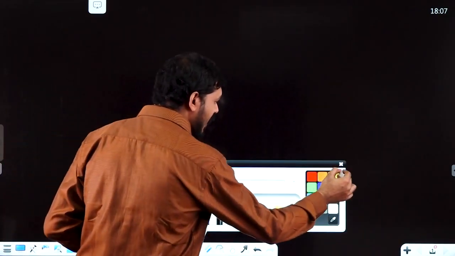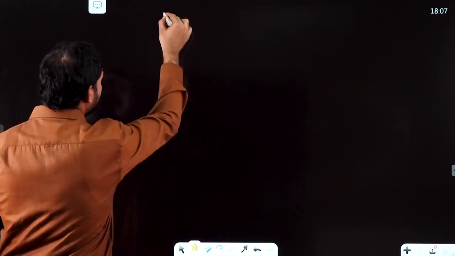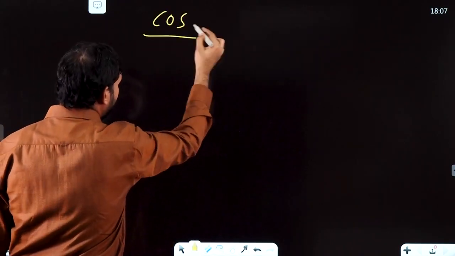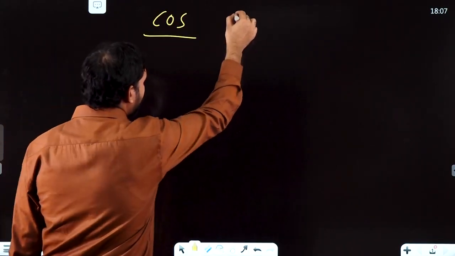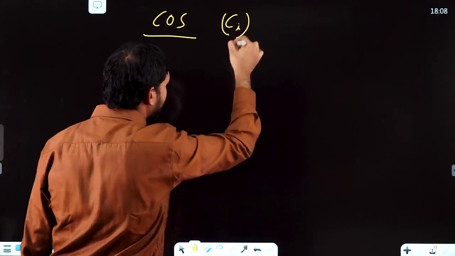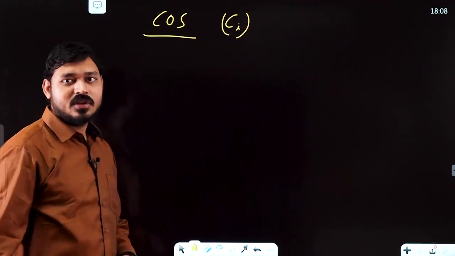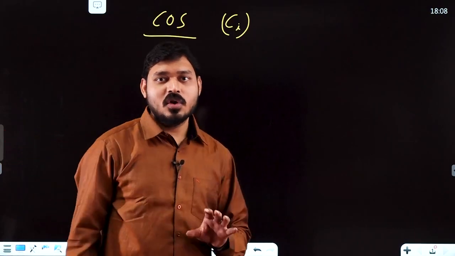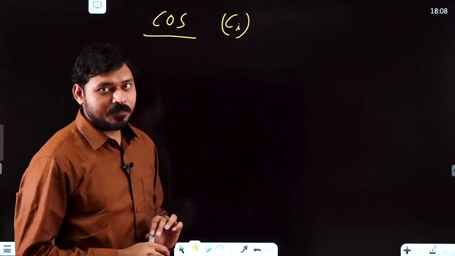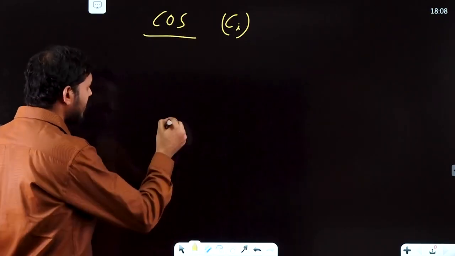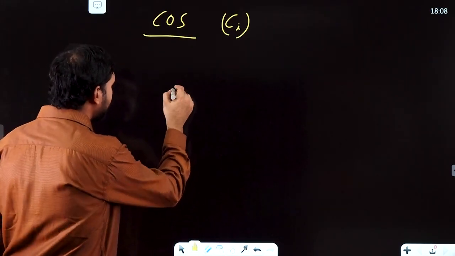So plane of symmetry is covered already. Let's start with center of symmetry. It is also called center of inversion, represented by Ci. So first of all, let's understand what is the meaning of center of symmetry. I am giving you a very small and very simple example